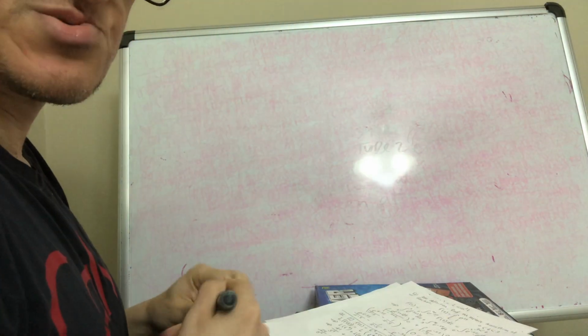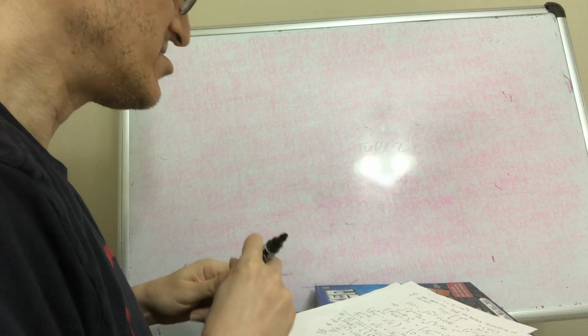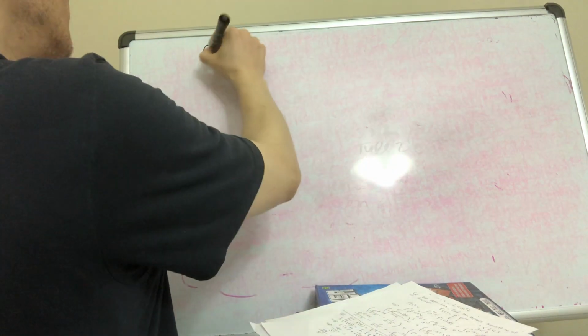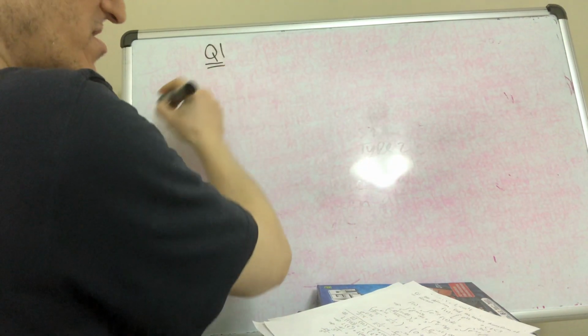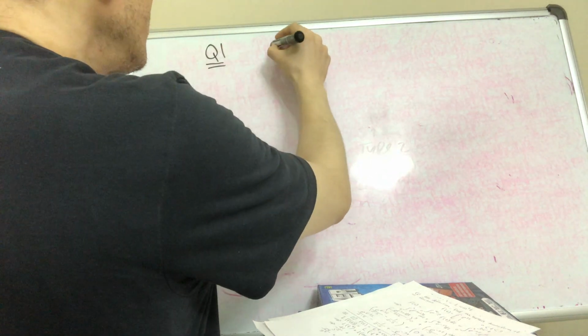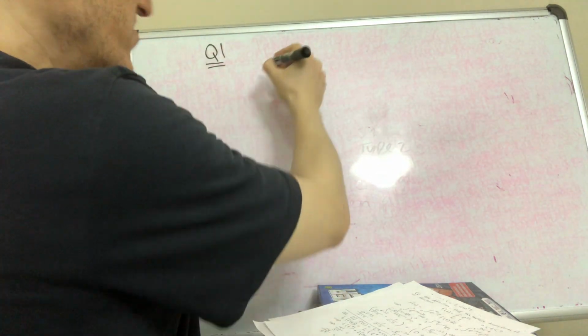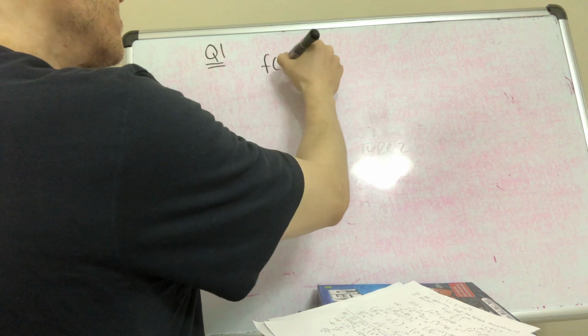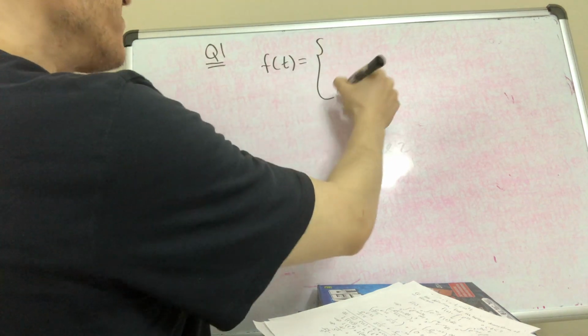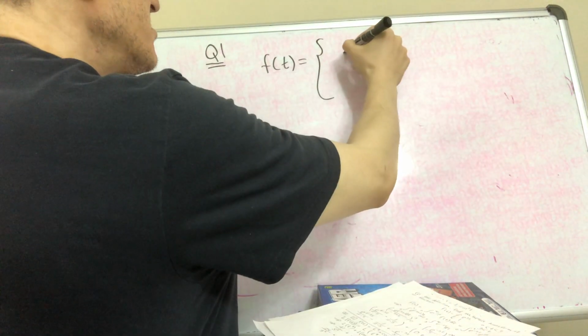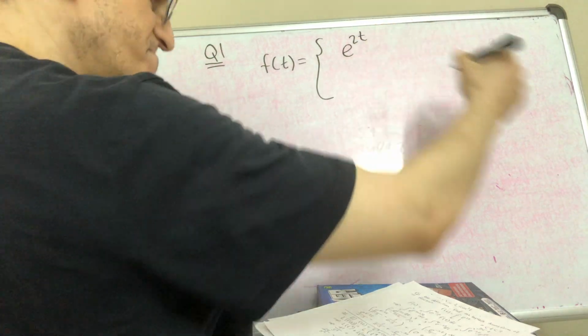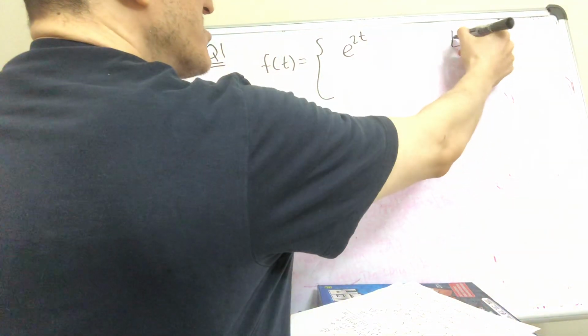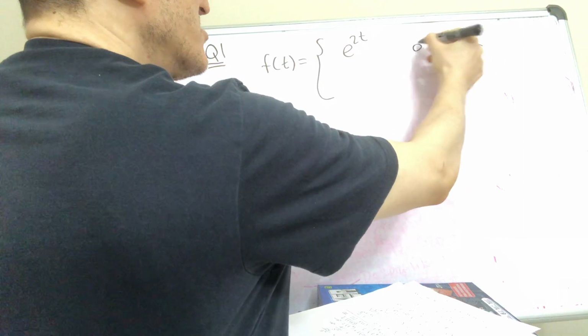Okay, now this worksheet number 7 is Introduction into Laplace Transform. So the first question, number 1, you wanted to use the definition of Laplace to find the transform of this: e to the 2t for t between 0 and 3,